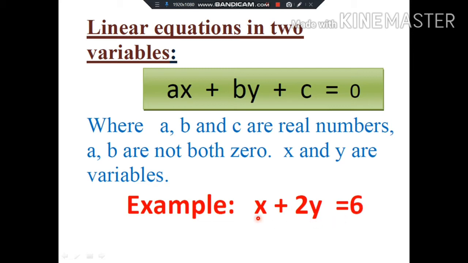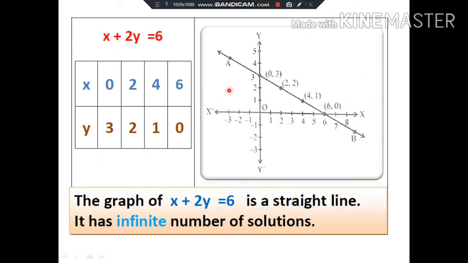We have solved this type of equations. How many solutions are there for this equation? Do you remember? You have plotted this on a graph. What is the shape of the graph? Yes, children, we shall plot this on a graph and see the shape. The children will get a straight line like this. Now, how many points are there on the straight line? There are infinite number of points. So each point becomes a solution for this equation.